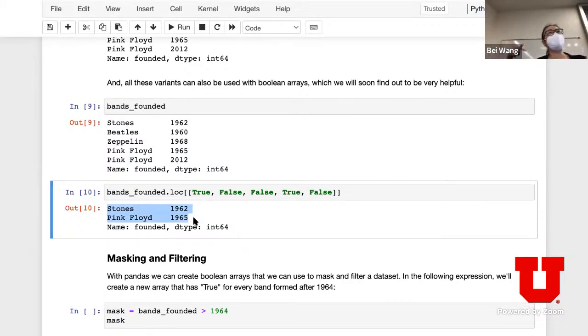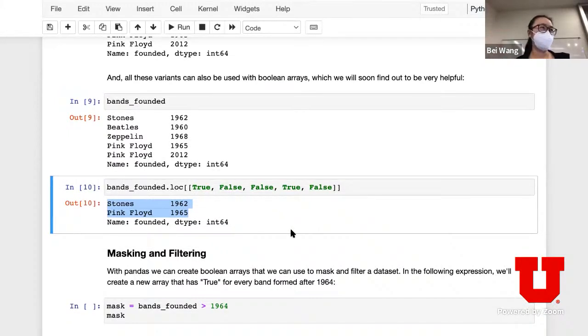But now when you actually want to do some parsing of your data, what you want to do is provide a condition that returns true or false. For example, maybe I only want to return the records associated with a year after 1960. Then you can use an inequality to create this Boolean list. So that is where a mask can come from, and when you create a mask, it helps you filter your data.